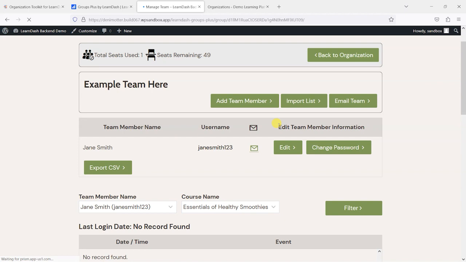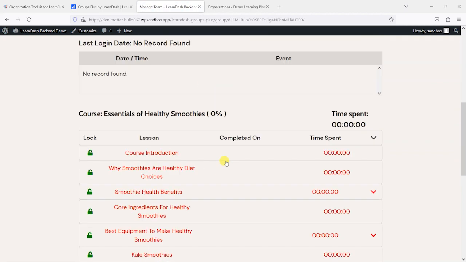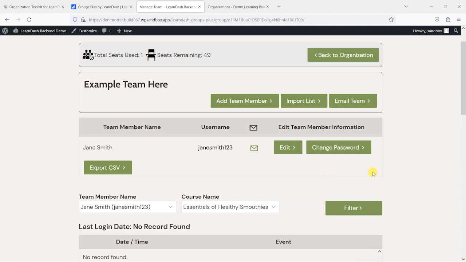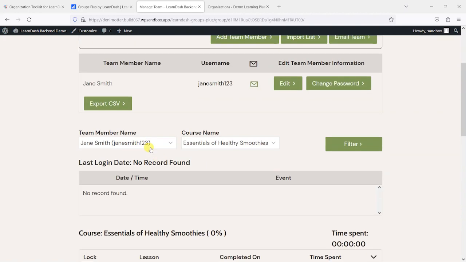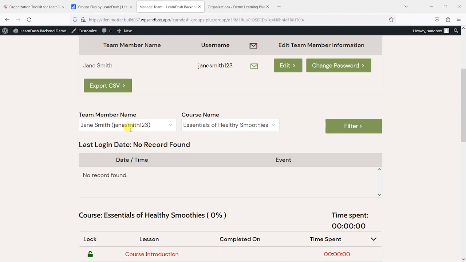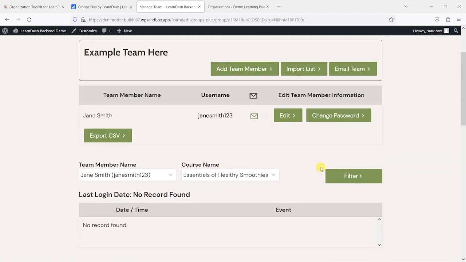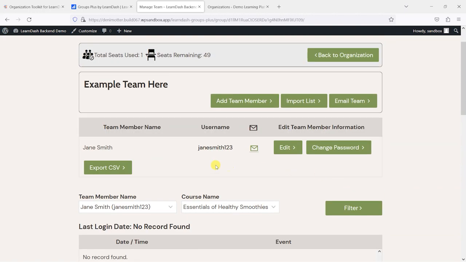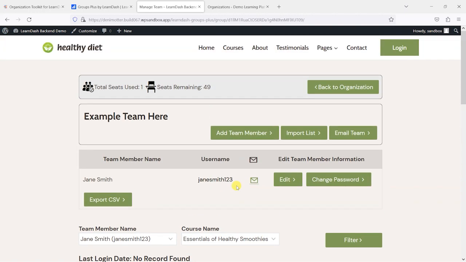So the members of that team get emails when they're added, but what we can see here is the courses they've been given access to, and we can see the users and look at what progress they've made on their courses. So that's a really powerful tool, and what they've done now is you've handed over control to the organization itself,